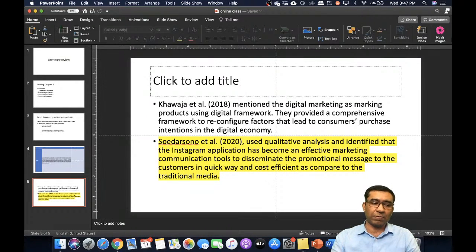Okay, and then you have to explain this, and you can bring these concepts from the abstract. So you don't need to read the complete article. You can just read their abstract and decide a few points, whether their research is qualitative or quantitative, and what their operational definition of the concept is. So you can just easily write those concepts. Now once you are done with that, for example, you have identified the 10 main or important studies in that particular research area. At the end, you have to add one paragraph